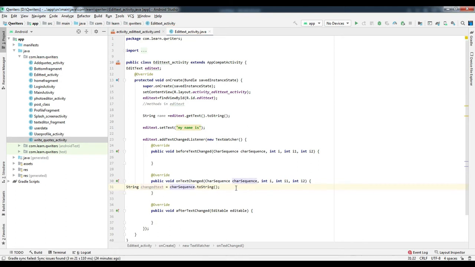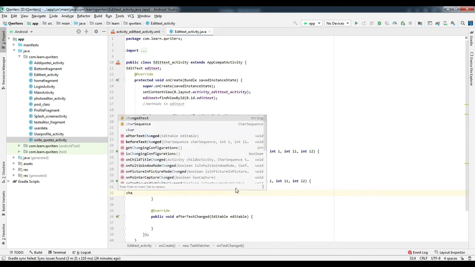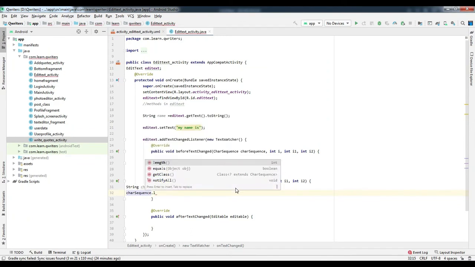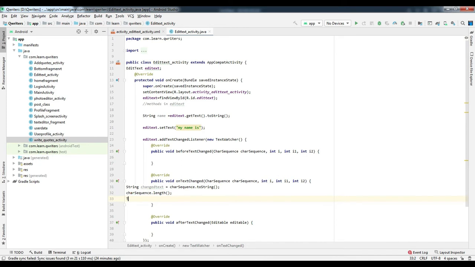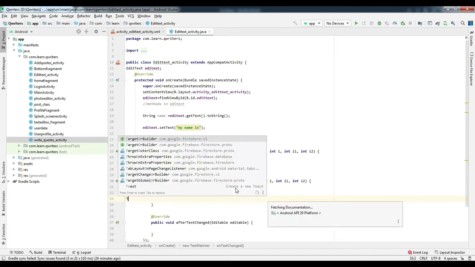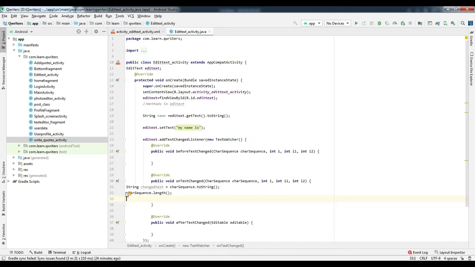That character sequence you can use with toString to get a string value, and to get the length of the text the user has typed, you can use charSequence.length. Character sequence length returns an int value, so we will initialize an int length equal to charSequence.length.